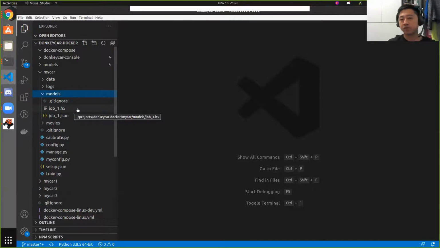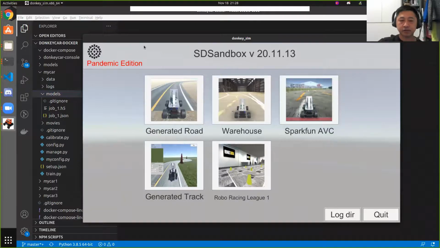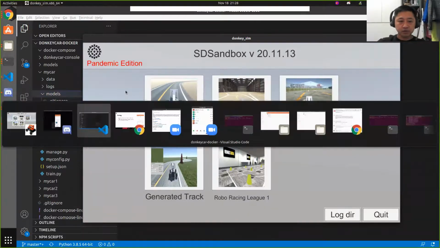If you're happy with the performance of that model, you can upload it to us, and we will be using that model to represent you to drive. Okay, so it is that easy. So if you have successfully installed the virtual donkey car, and you can now